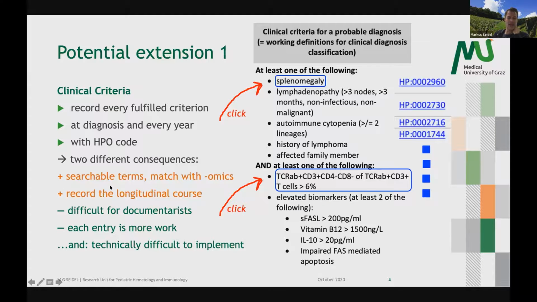But on the downside would be that it's very difficult for documentarists, and each entry is more work, and it's technically quite difficult to implement this because as the registry is set up right now, it is not really designed to prospectively monitor the clinical phenotype